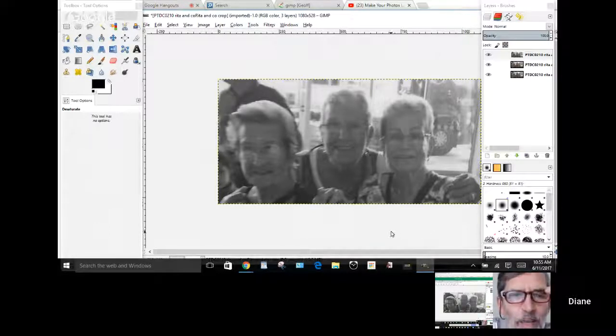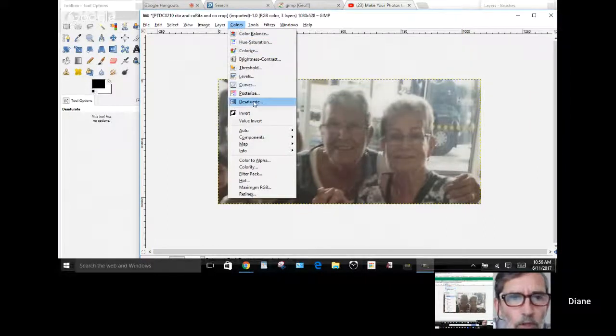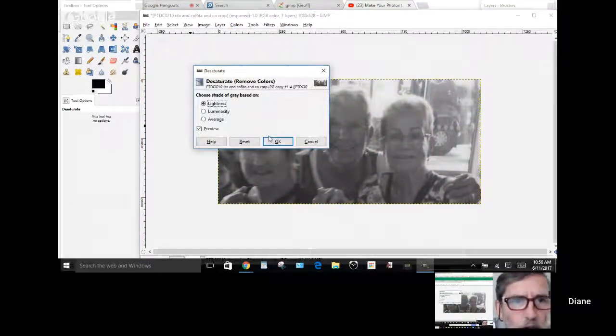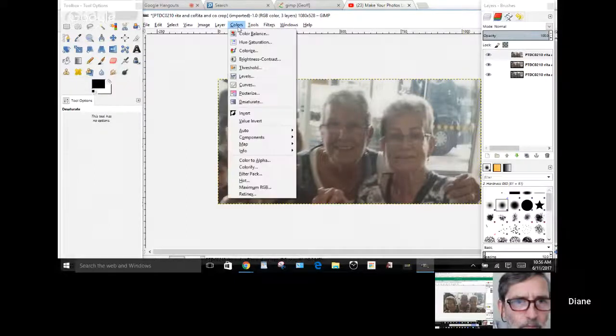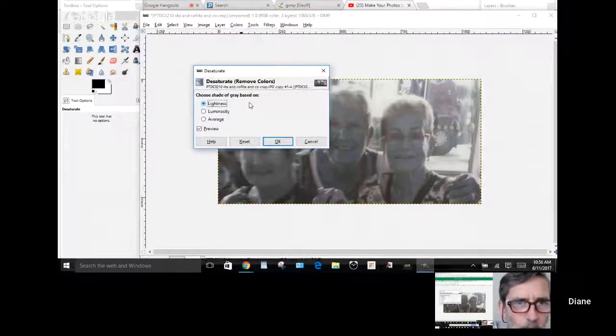Do Control-Z again. Back to color. Go to that same thing again. Go to colors. Go to Desaturate. So he used Luminosity, not brightness. Oh, sorry. No, you did it again. Control-Z. Control-Z. Okay, go to colors. Go down to Desaturate. Okay. Notice there's 3 options. Luminosity. Now, before you click on OK,